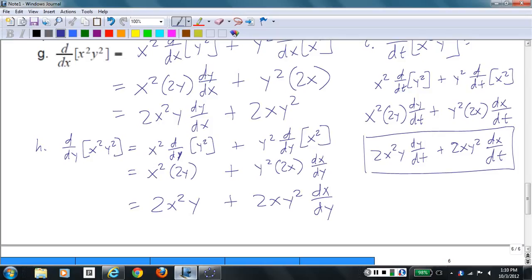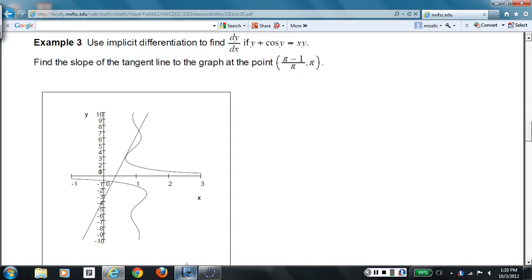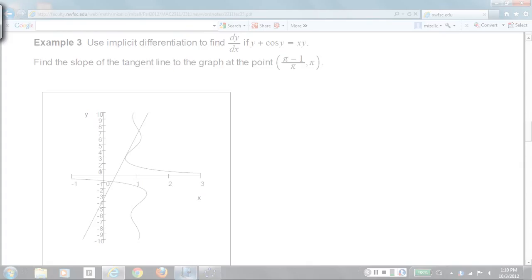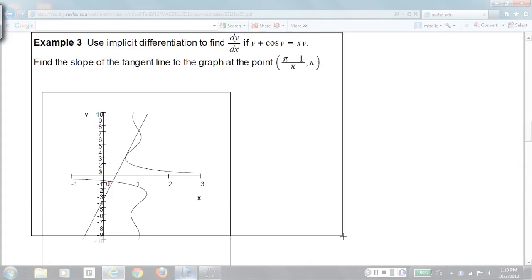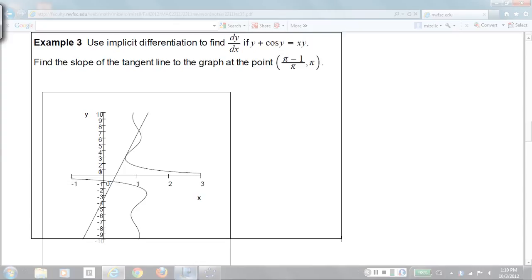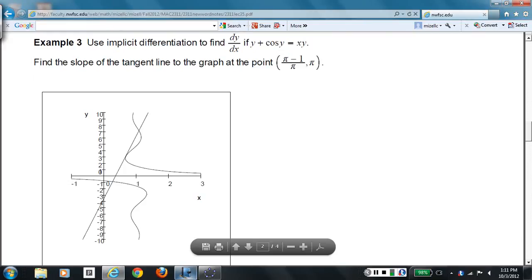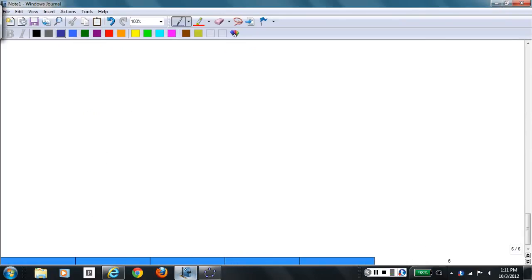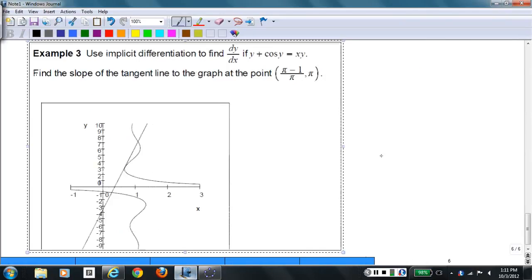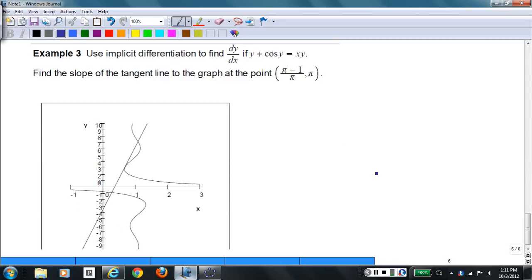So, a couple more to look at. Use implicit differentiation. I'll capture as much of this picture as I can. Find dy/dx if y plus cosine y equals xy. We would be hard-pressed to solve this equation for y in terms of x, although because it's not difficult to solve for x in terms of y, we can actually define a parametric curve and